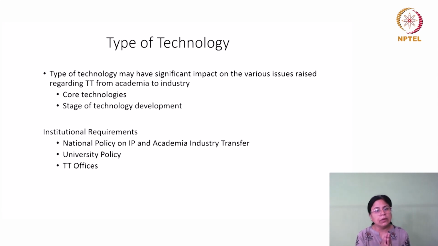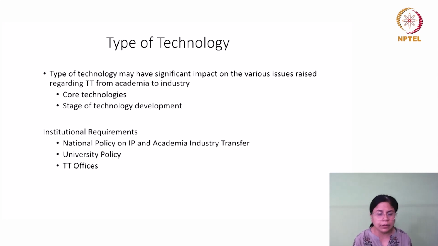Now, one thing is very clear, that industry and academic interaction has increased over a period of time. It has also been given a boost because of the type of products which we are now looking at in modern economies. That requires that institutional arrangements be created at the university level in order to facilitate these kinds of activities. So what we are looking at may be a national policy on intellectual property and academia-industry transfer, which will give a model, or some kind of guidelines, to academic institutions on how to go about these kinds of transfer.